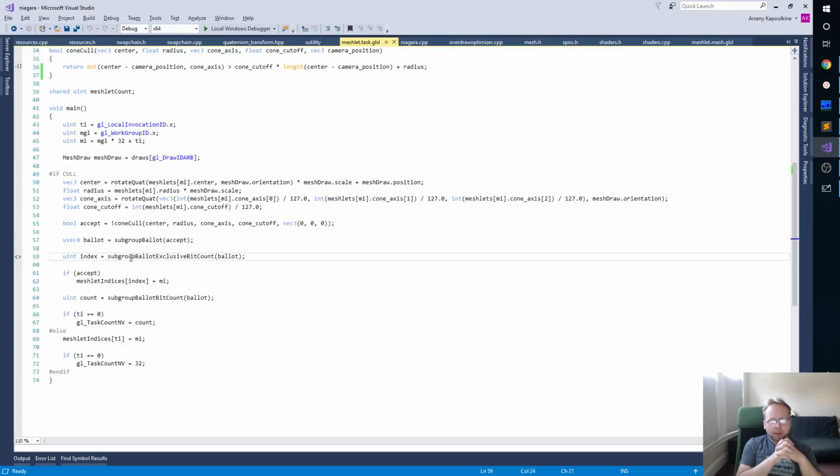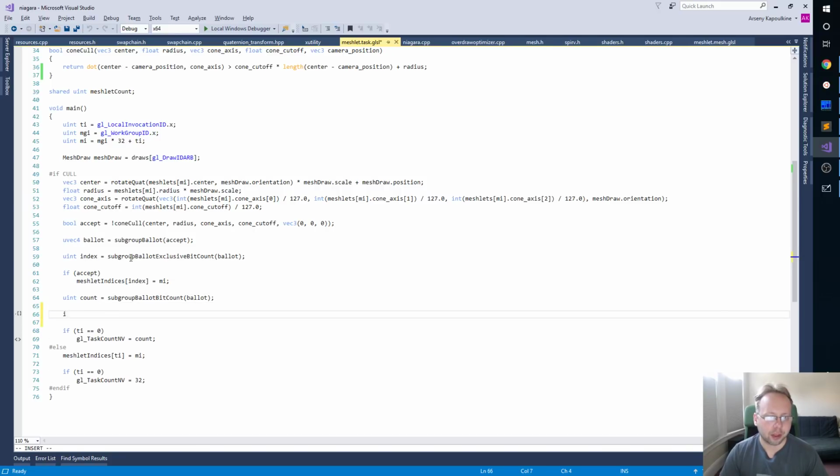Yeah, assuming that the buffer is actually padded, I think we should just be able to do some check here, something along the lines of, if this is the last meshlet group, which is basically if, let's see, so I think it should be something like, oh, not, hold on, if MGI times 32